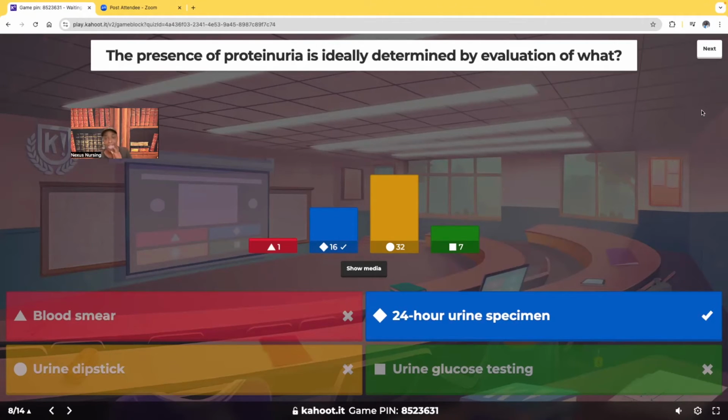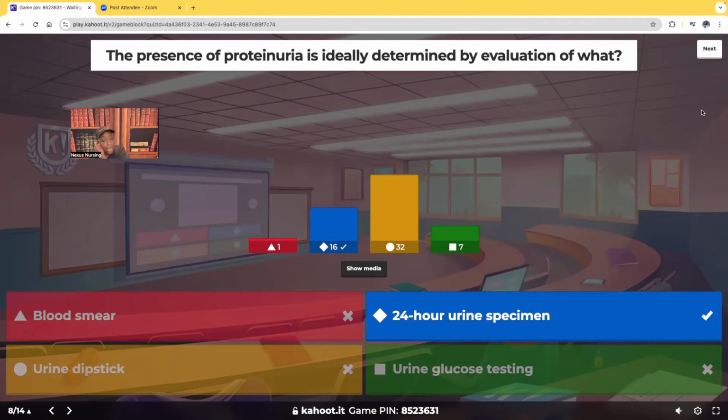You see urine dipstick, I think you guys have this confused as students, so let me clear that up right now. Urine dipstick, that's what you're going to have your patient do at home. You're going to teach them how to check the urine at home, but not for diagnostic evaluation. Absolutely not. Presence of proteinuria, it's going to be a 24-hour urine